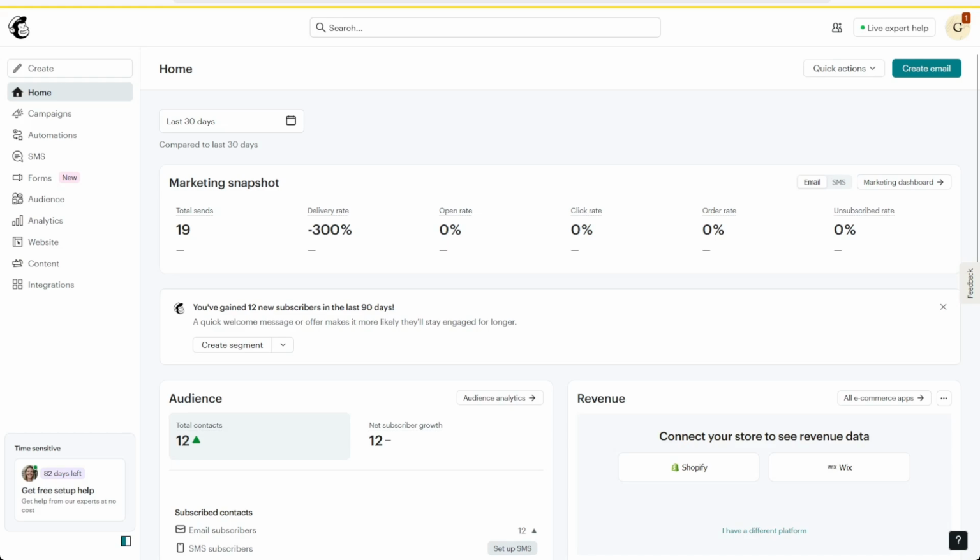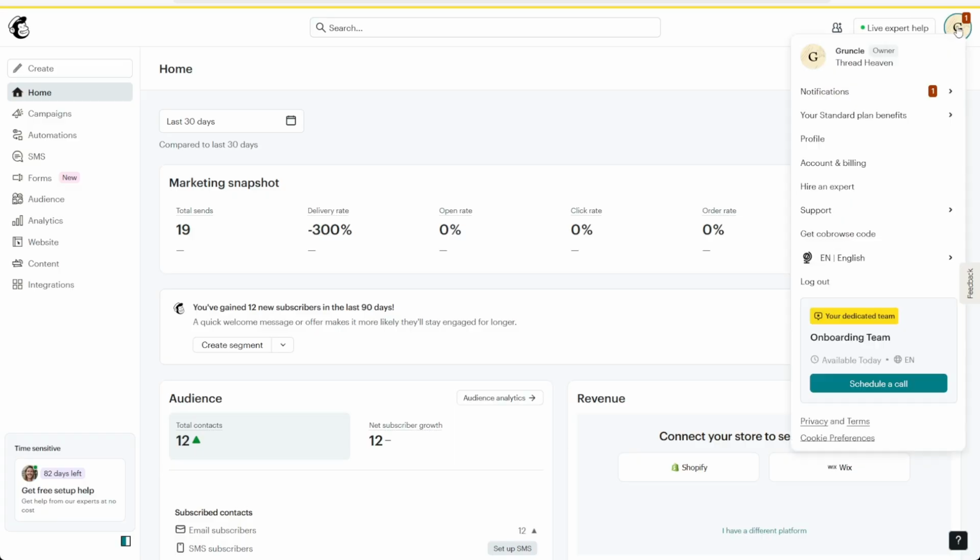In this video, I'll show you how to change the payment method in Mailchimp. Once you are on your Mailchimp account, the first step is to head over to the top bar, and on the right hand side, click on your profile. Now, below your profile, you want to head over to the bottom and click on the fourth option, which is